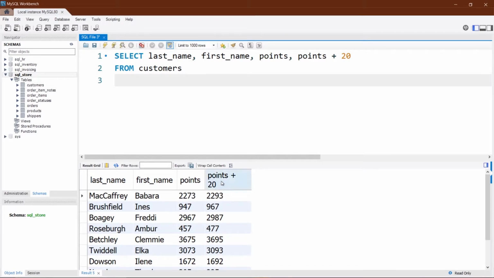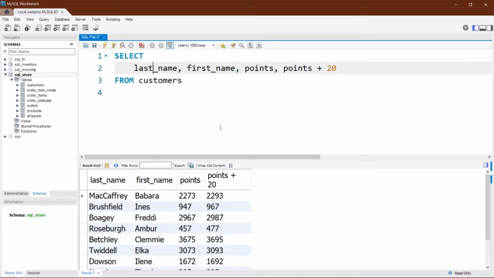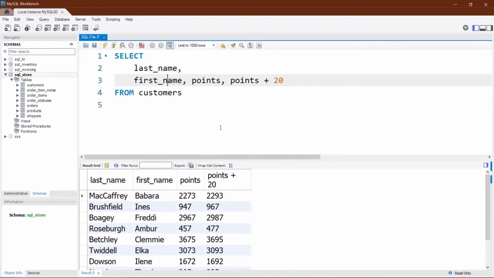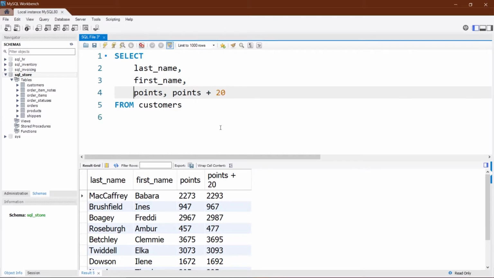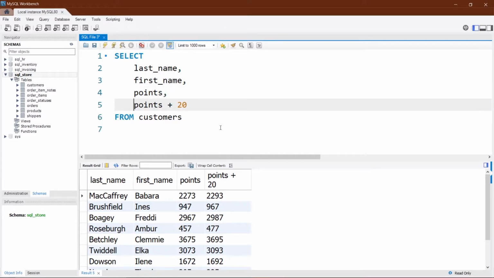One more thing, if you want to see more things and you are running out of space on this line, you can write it this way as well, inside our select clause with indentation. Again if I execute it, you can see it is the same as it was written on the single line. It doesn't matter how you write it, it's up to you.